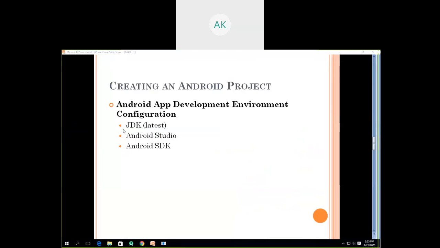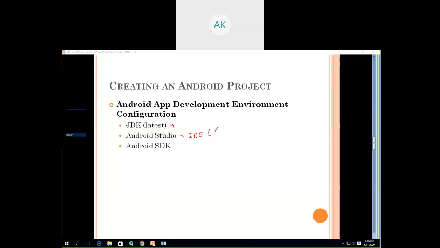The first is the JDK. I suggest always preferring the latest version of the JDK because it provides the latest features. JDK is basically the software development kit. Along with the JDK, you need an IDE specially developed for Android applications, called Android Studio.